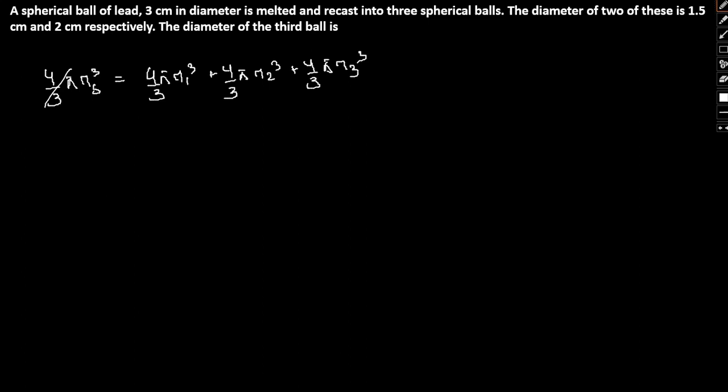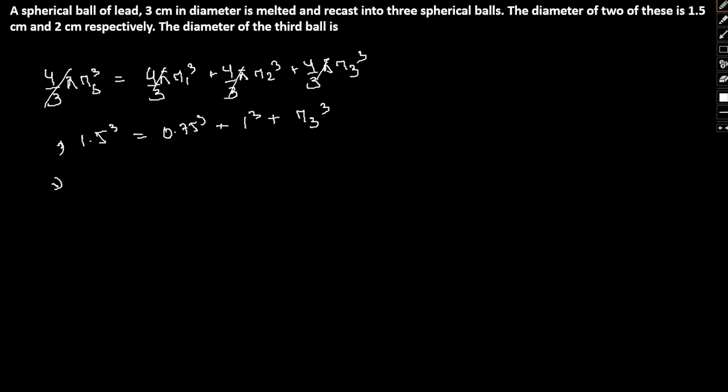Okay, so let me cancel out the constant part. So r1³, let's take 1.5³ for r1. R2 is, since the radius is 1.5, so 0.75³, plus another radius is 2, so 1³, plus r3³, and I'm supposed to find r3³. Okay, so if we solve this, we get